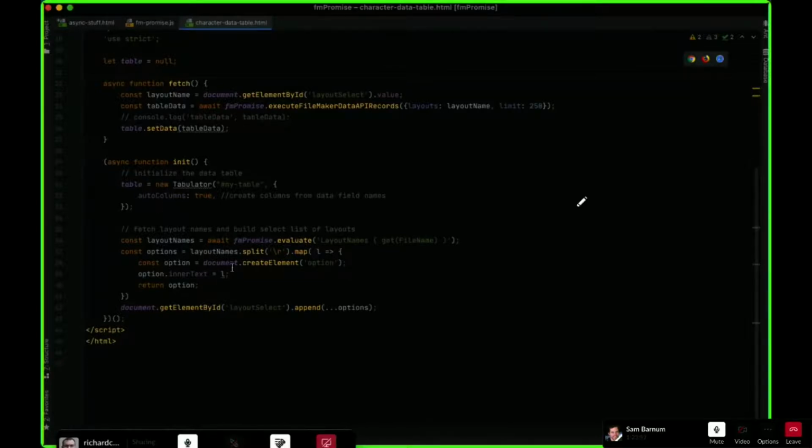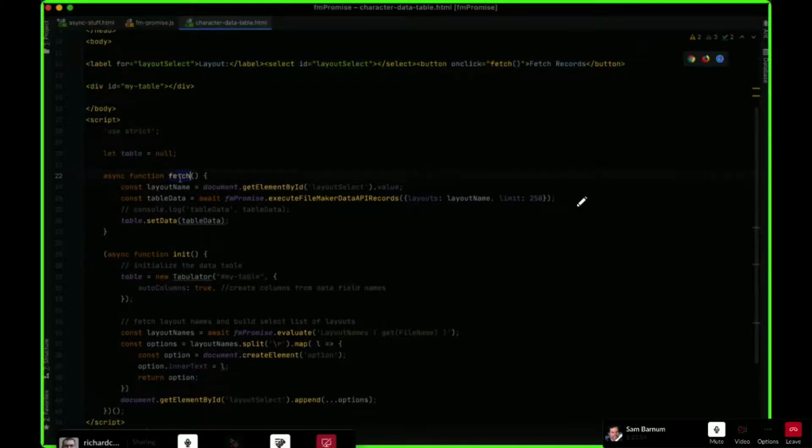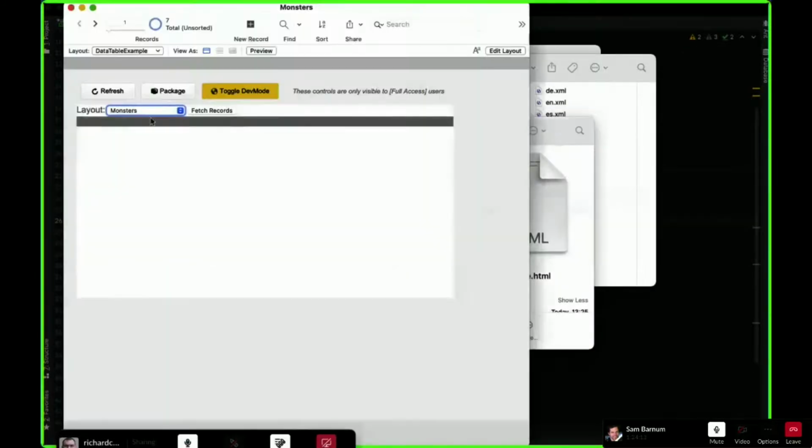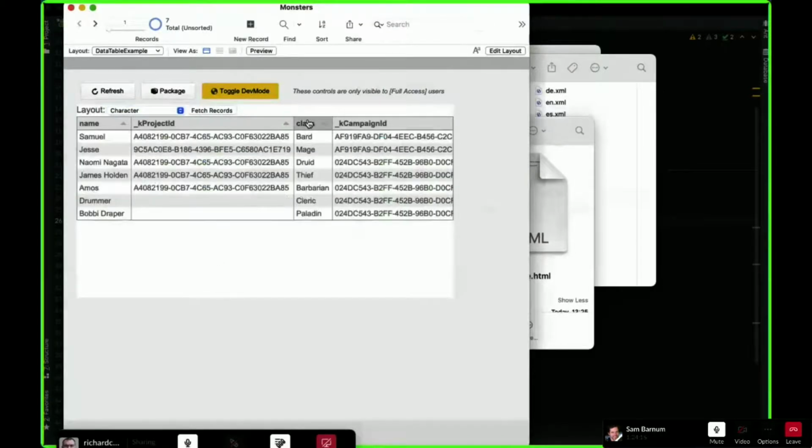And then when the form submits, it calls this fetch function. So we get the value, which is the layout they selected from the list. Then we execute our FileMaker data API with that layout. We limit it to 250 records. And then we call set data on our tabulator object. You end up with something like this.